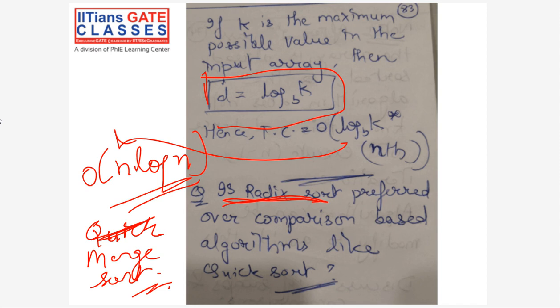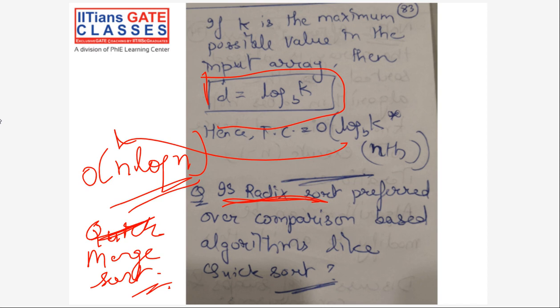No, actually n will be 0 to n. So count size will not be that huge, but of course, the size of the input array itself can be huge, and this is one reason why radix sort is not preferred over quicksort, because quicksort is an in-place algorithm. It will not utilize any extra array space apart from the input array.